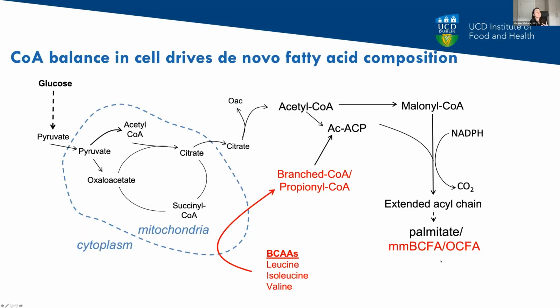So overall then from our cell culture, really what we're seeing is that fatty acid synthase is much more flexible than what we previously appreciated and can readily use these branched CoAs or propanol CoAs that come from the mitochondria to initiate an acyl chain. And then basically these are subsequently elongated by the normal fatty acid extension employed by fatty acid synthase. And therefore you can get a range of de novo made fatty acids, and this is going to change based on both the pathways that are active in the mitochondria and also the short chain fatty acid environment of the cell.